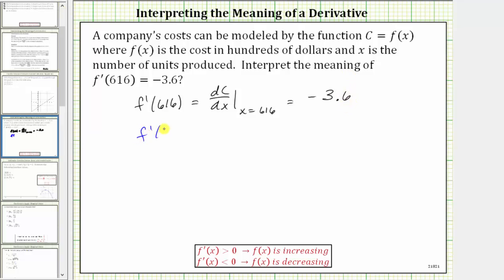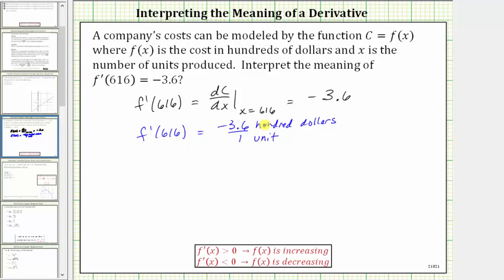So f prime of 616 equals negative 3.6 over 1. The numerator of negative 3.6 indicates the change in the cost, which is measured in hundreds of dollars, and therefore the negative 3.6 would be negative $3,600. The denominator of 1 indicates the change in x, where x is the number of units produced, and therefore the 1 represents 1 unit. So now we know the rate of change is negative $3,600 per unit when x equals